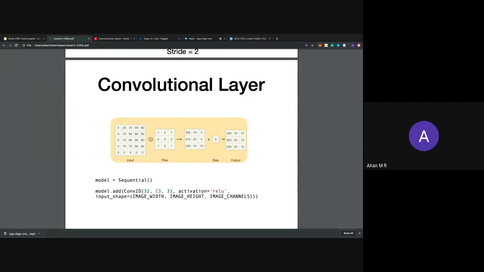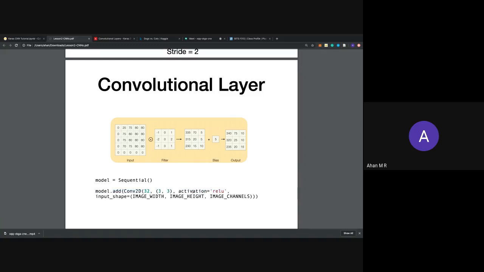And your 3x3 here is the size of your kernel or filter. I'll be calling it filter. You can always call it kernel or filter, basically the filter which keeps moving on your image for convolution, right? So the dimension of that is 3, 3, which is a 3x3 filter. You can always do 3, 4 or 4, 3, but it always helps to keep it symmetric because your output will also be a square.